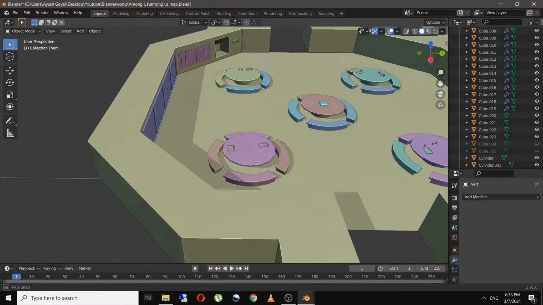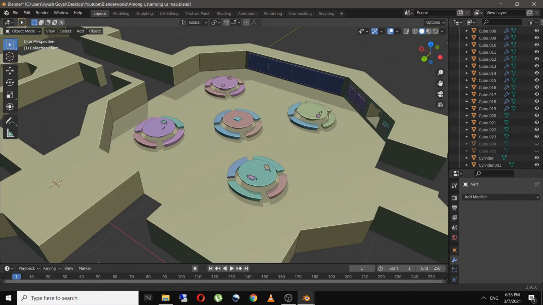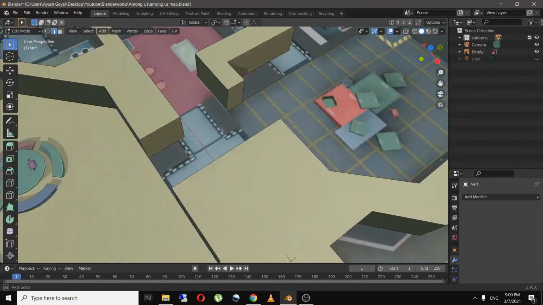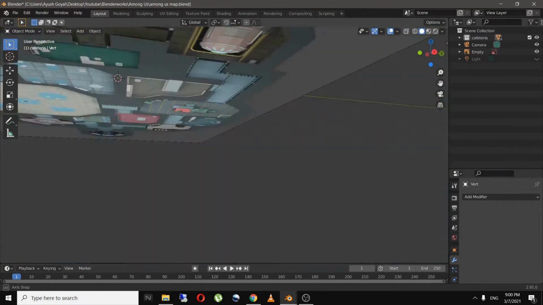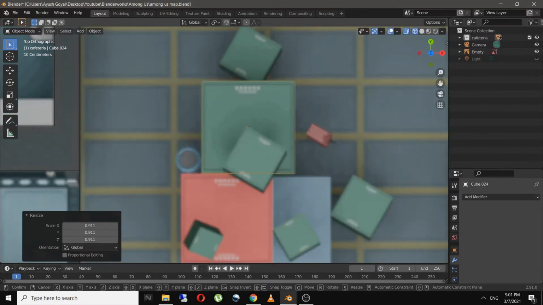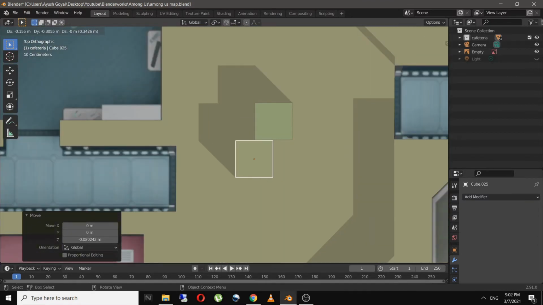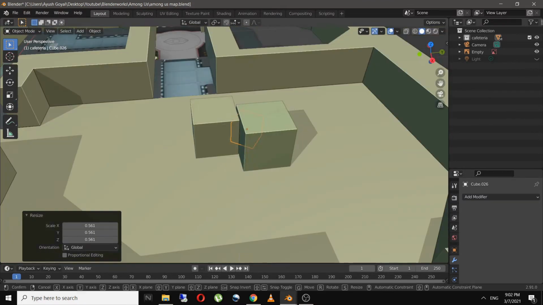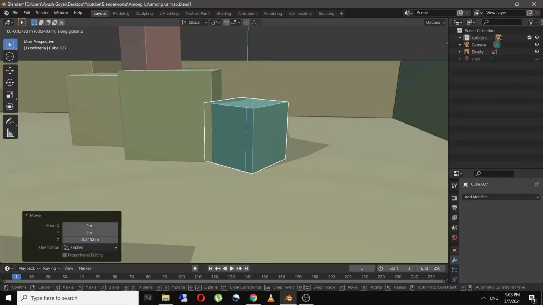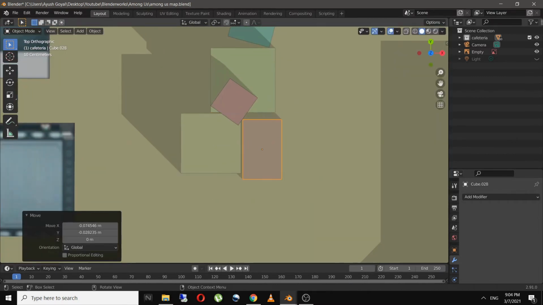Once the cafeteria was done, I jumped into the next room, that is storage, and it was the easiest room to make since it had just a few boxes and drums, which was pretty easy to make. The reference image helped me place the props exactly where they are in the wireframe mode.